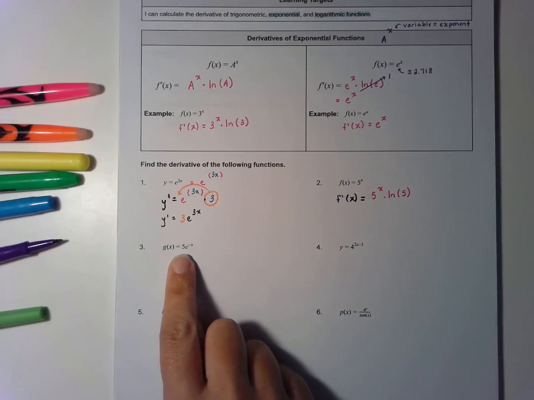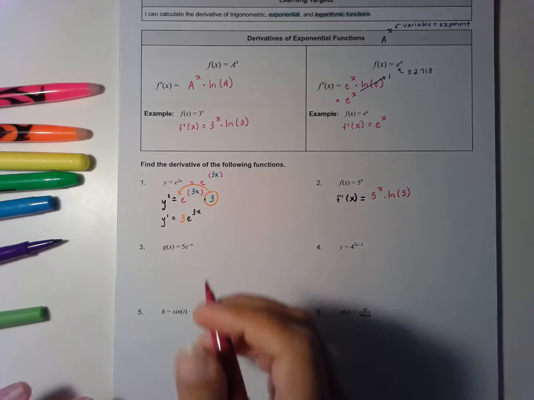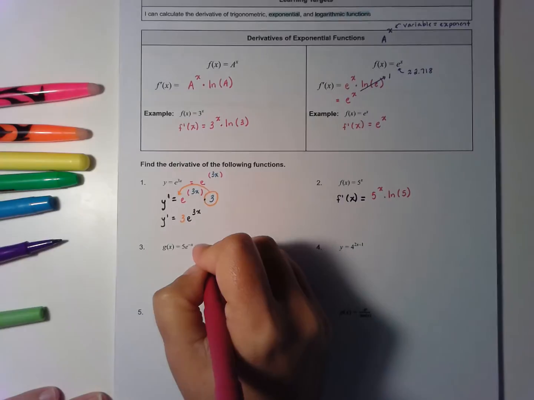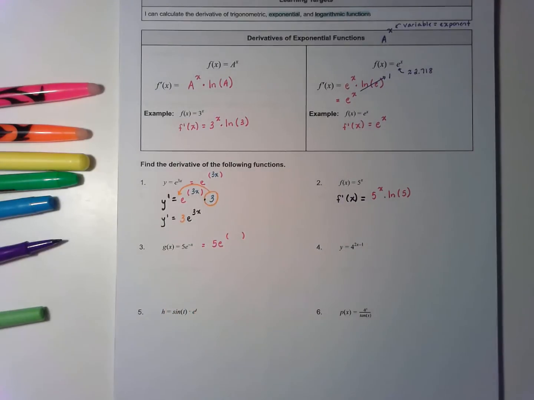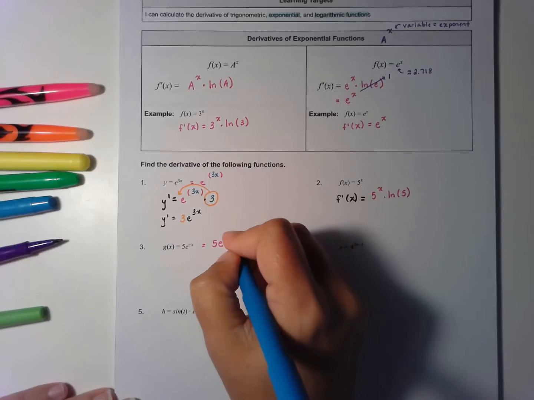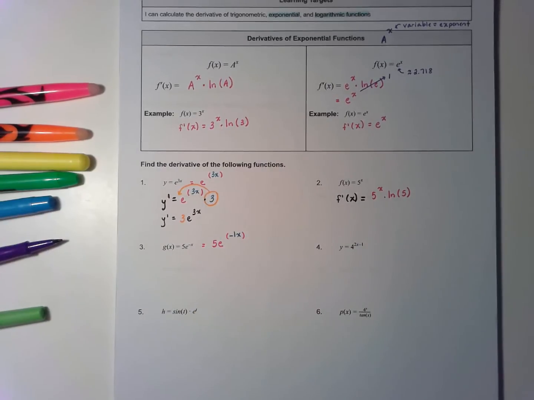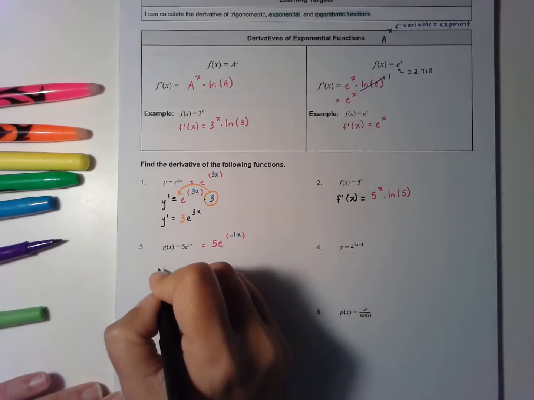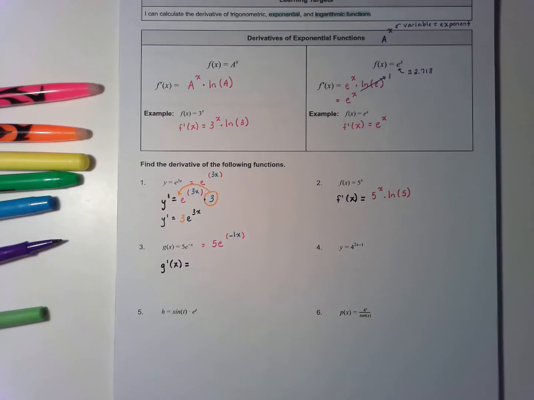Let's try problem 3. Now in problem 3, again, I think it's important to realize that this is a chain rule question. So the outside function here would just be 5e to the something, but the inside function here is negative x, and it's important to realize that there's an invisible -1 there. So when we take the derivative, we have g prime of x is equal to, the derivative